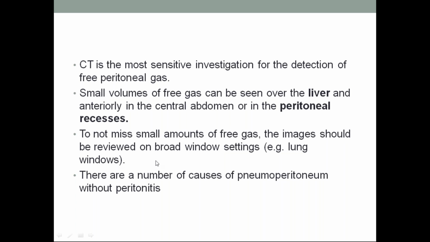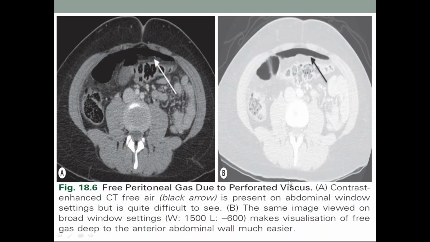Please leave this. There are a number of causes for pneumoperitoneum without peritonitis. I will show you in the next day. This is the free peritoneal gas due to perforated viscus normally. These are the CT windows. This is the normal mediastinal window. And this is the